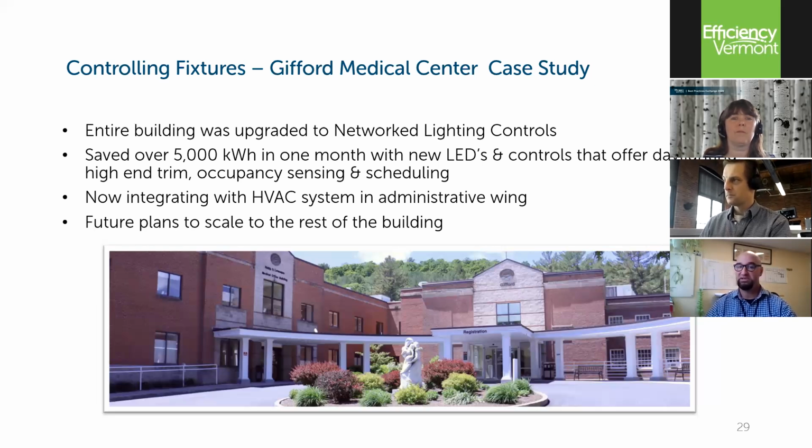But in other office spaces, we can control lights and really bring them back down and leverage the controls for more savings in the future. And that's one of those things that we have done consistently. My master electrician has gone back and kind of dialed in areas and trimmed them out even more. We're using more of that daylight sensing to take areas and use the natural light to then lower the output of the light. So that part of it also continuing to leverage those controls to help us out,